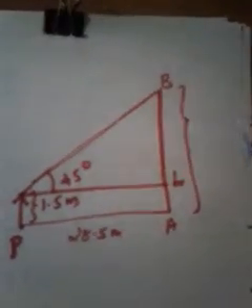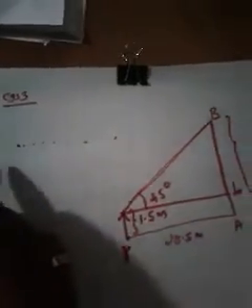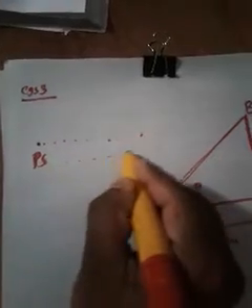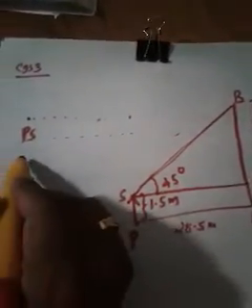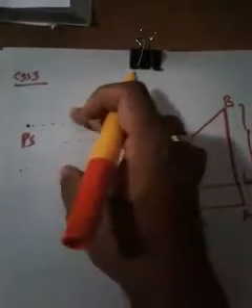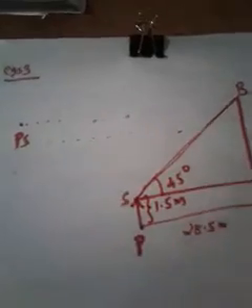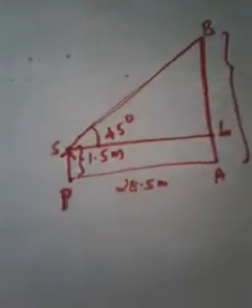First of all, in order to solve this question, you have to write down all the things. AB represents the height of the chimney, PS represents the height of the observer, and angle BSL represents the angle of elevation, that is 40 degrees. You have to write at least 2 or 3 sentences in advance. Okay. And now in order to solve this question, we have to create the presence.